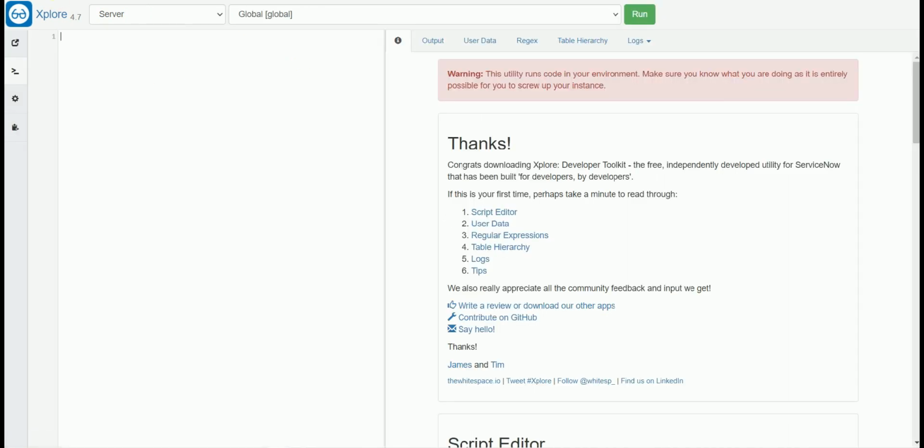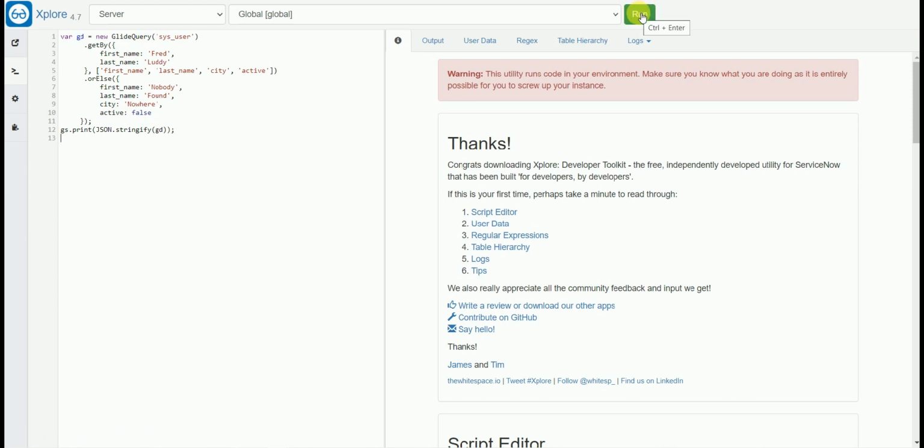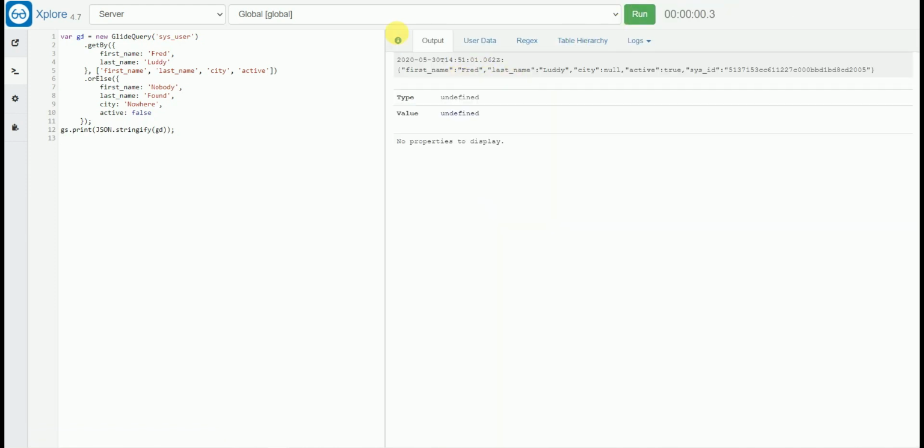So let's move to our next example. The next one is this one. It's going to the sys_user table. It is searching for first name as Fred, last name as Ludi, and if it finds a match, it will bring these fields. Otherwise, it will print this thing. So let's try. We have one record.